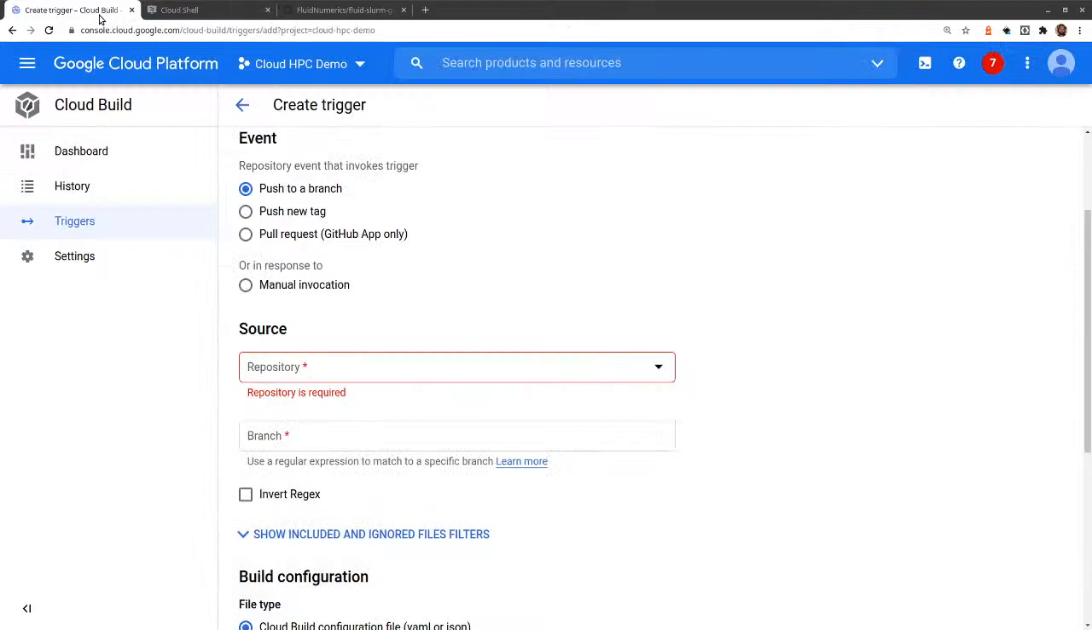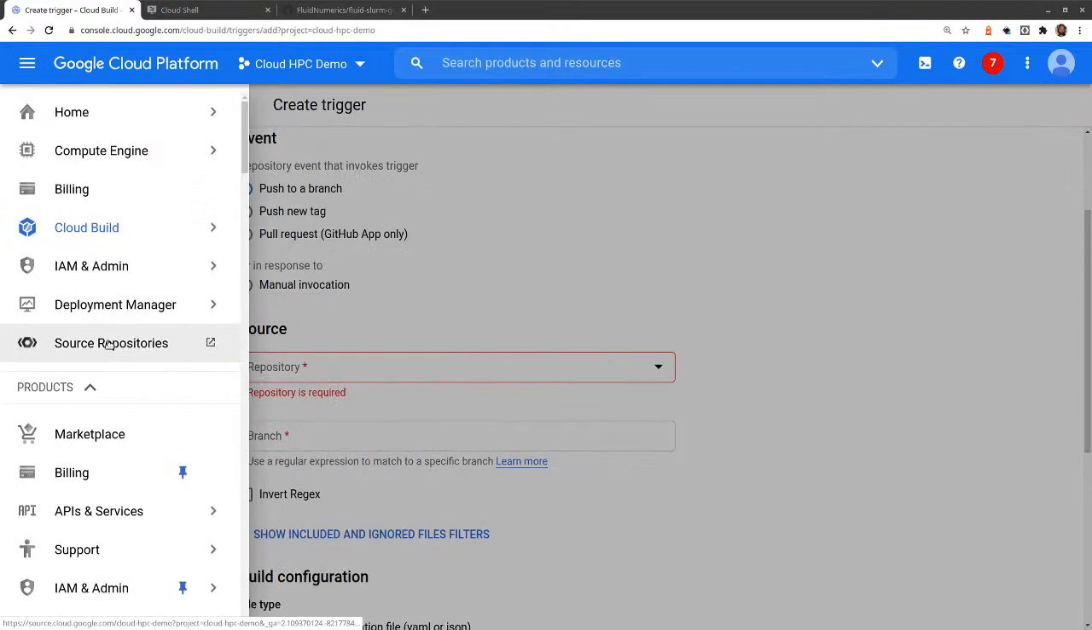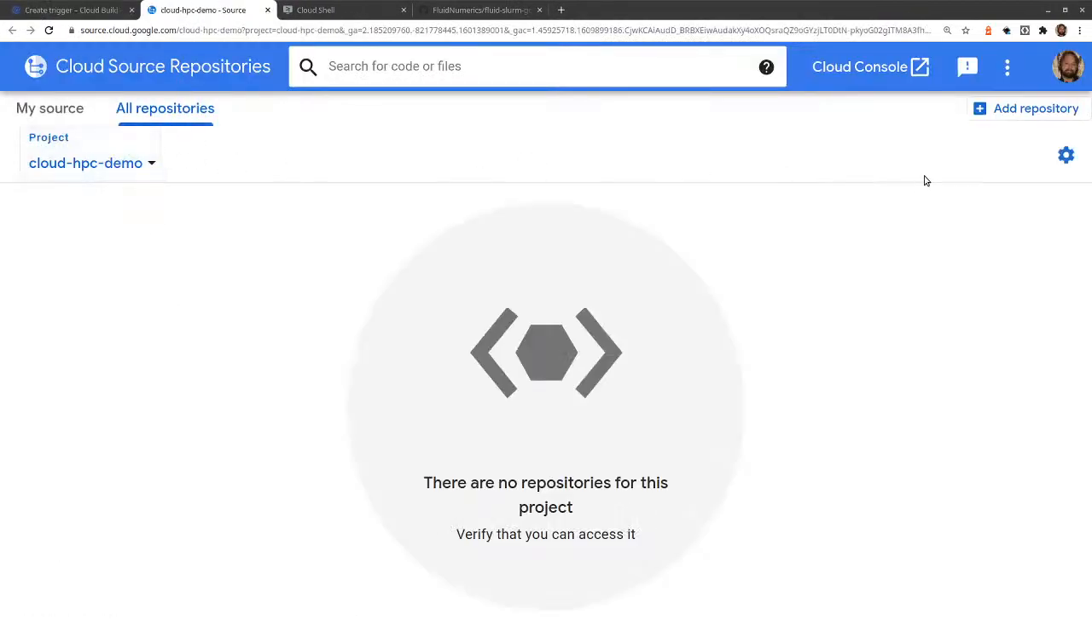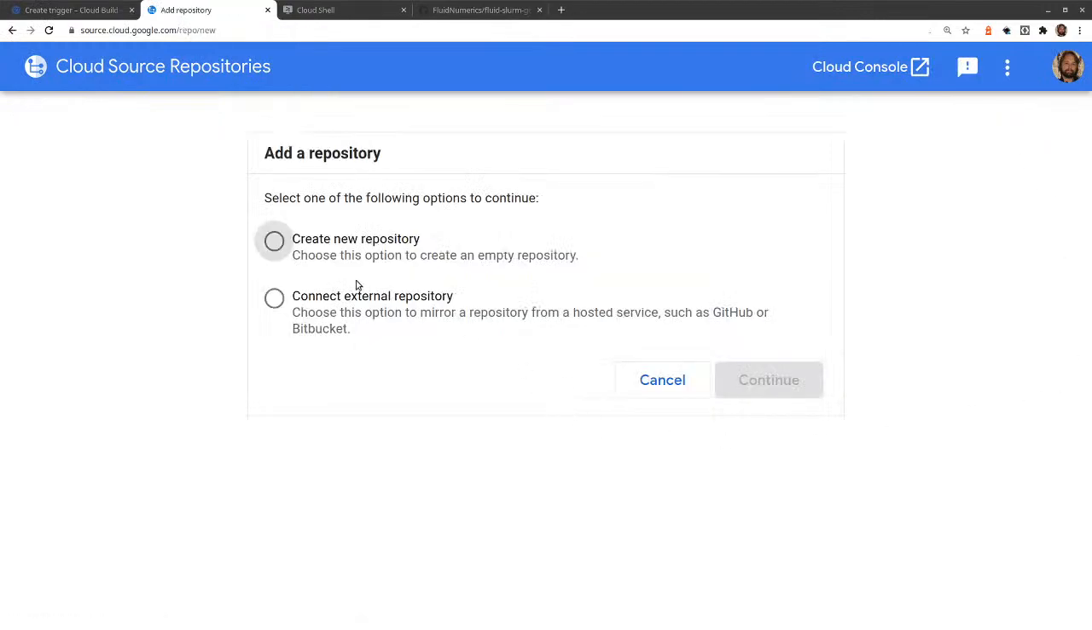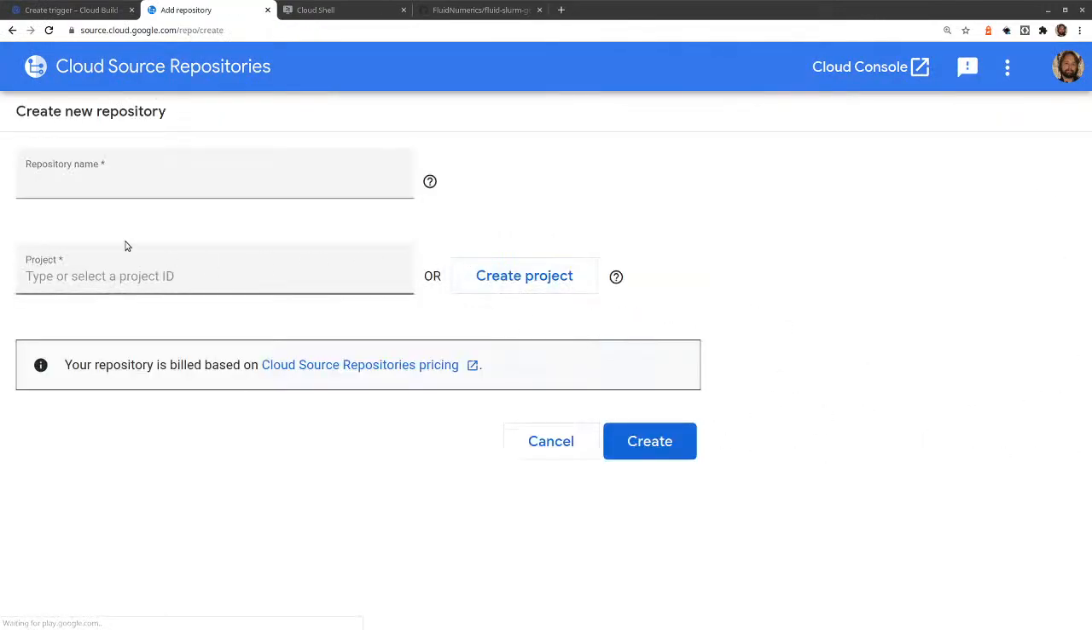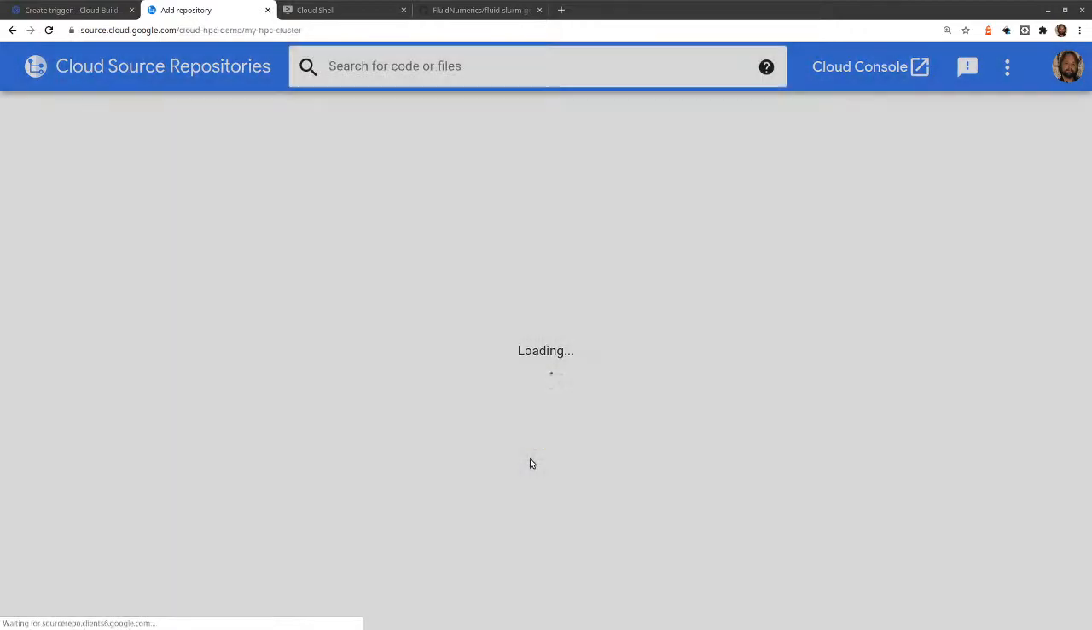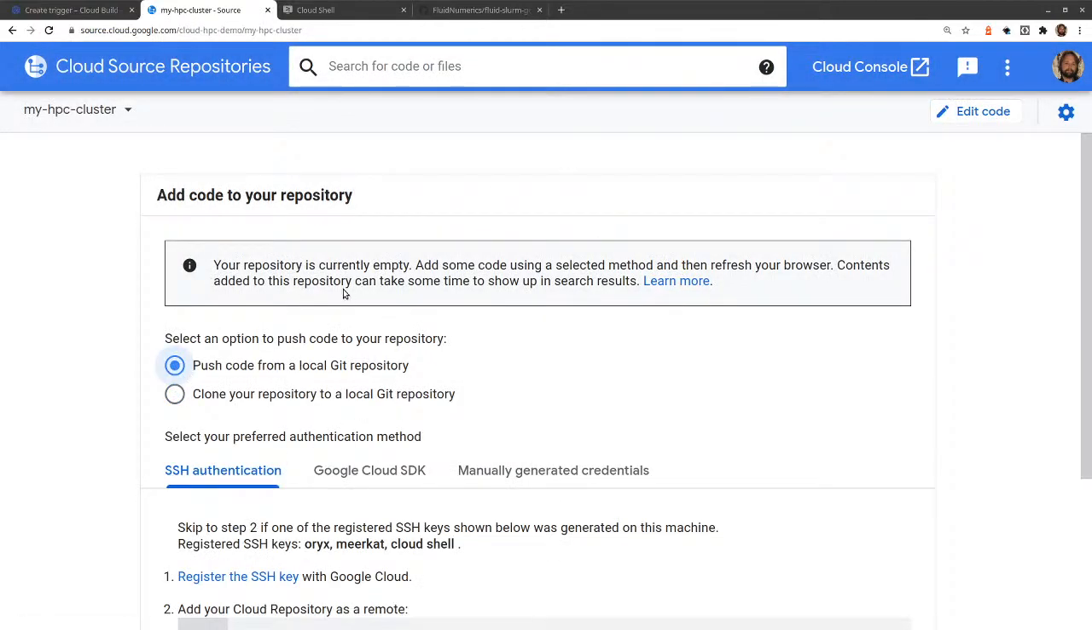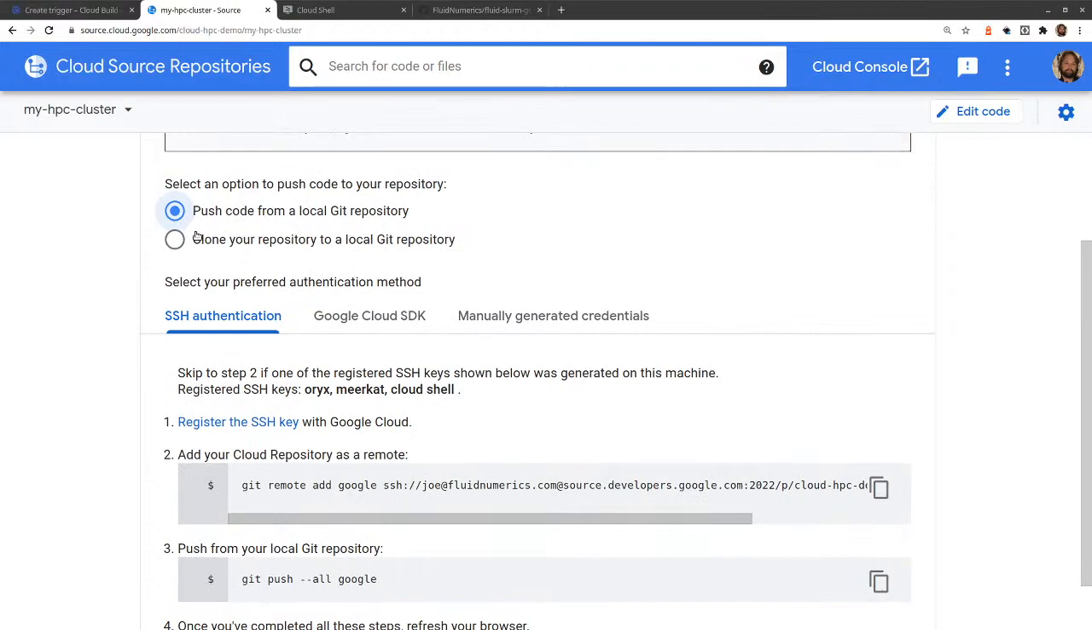Now we need to actually have a repository to use here. So I'm going to leave this in place, and on the products and services menu, hop on over to Source Repositories, and let's create a new one. Up in the top right, hit add repository, we'll create new, and we'll call it my HPC cluster. This is going to provide a central repository that your team can use. It's isolated on GCP, so you can control who has access to it, which is really nice. So we're going to select the option to push from a local Git